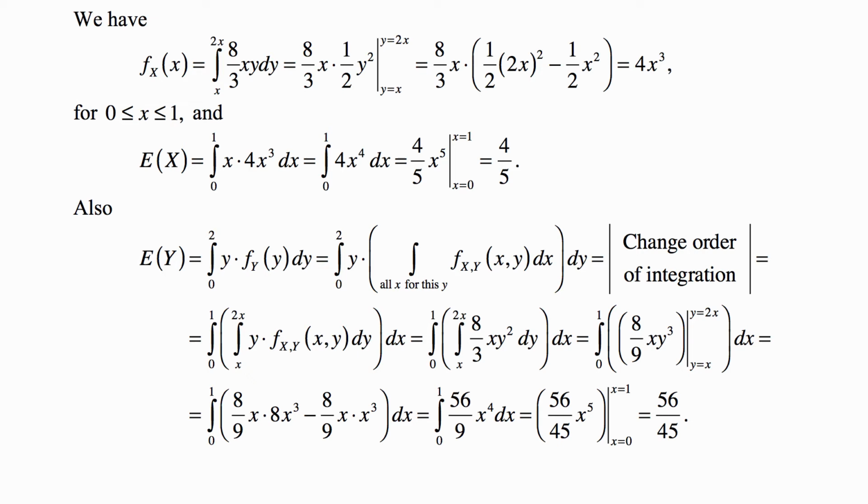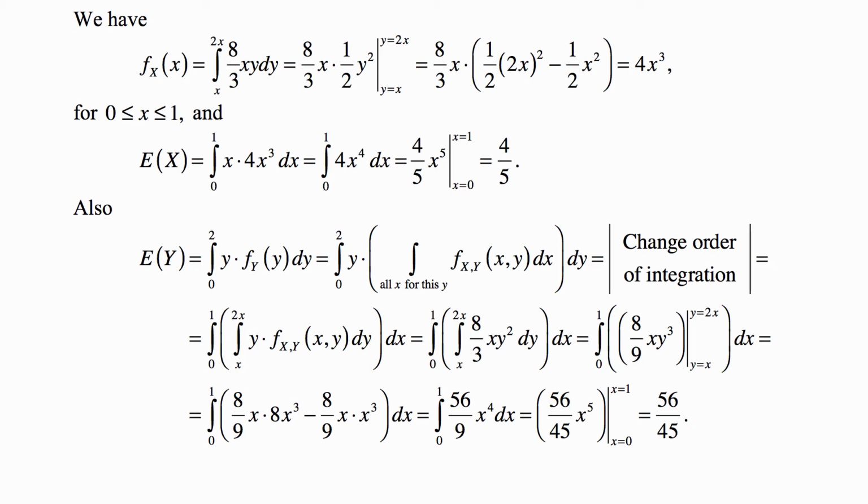So this becomes the integral from 0 to 1 of the integral from x to 2x of 8/3 x y squared dy, and then integral with respect to x of dx. And with respect to y, 8/3 x is really a constant. The integral of y squared is 1/3 y cubed. So 1/3 times 8/3 is 8/9, so we get 8/9 x y cubed evaluated from y equal to x to y equal to 2x. And after we do this evaluation, we end up with integral from 0 to 1 of